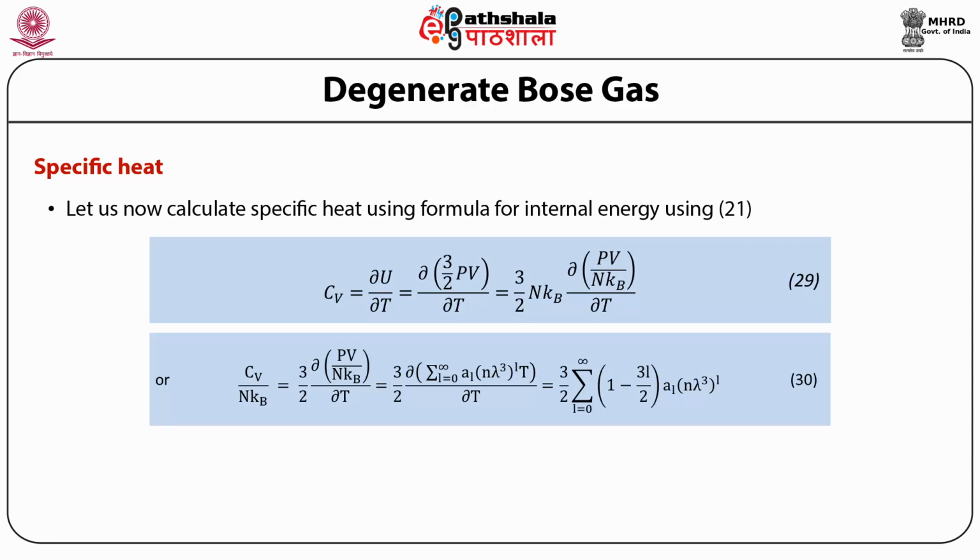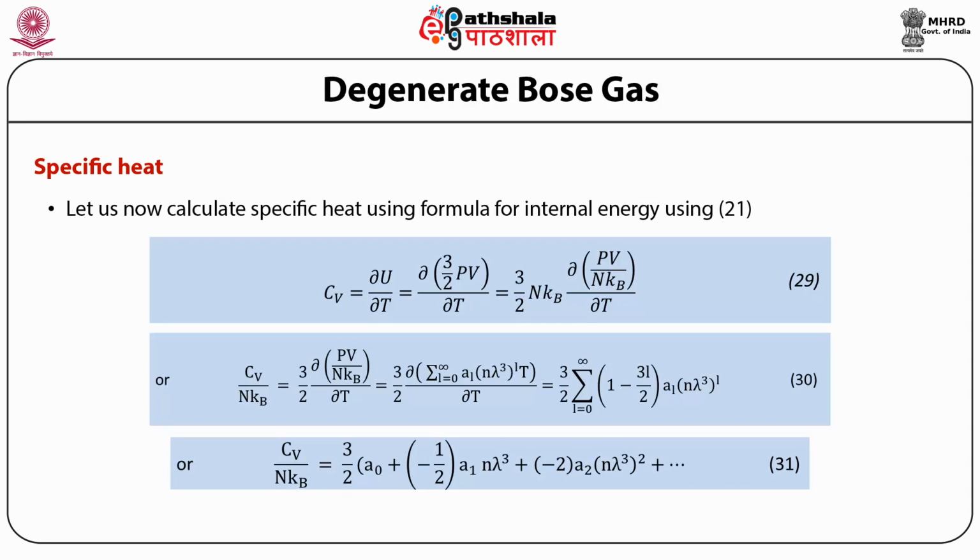This is equal to 3/2 partial derivative of the summation over l equal to 0 to infinity of A_l (n lambda cubed) raised to power l multiplied by temperature, with respect to temperature, which is equal to 3/2 summation over l equal to 0 to infinity of (1 minus 3l upon 2) multiplied by A_l (n lambda cubed) raised to power l, or specific heat at constant volume divided by n k_B is equal to